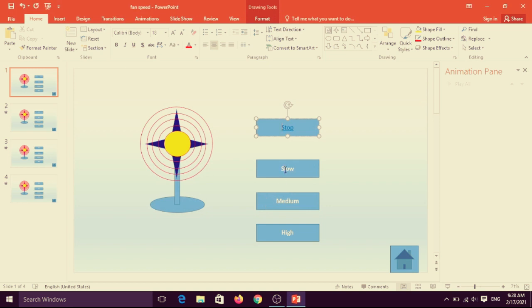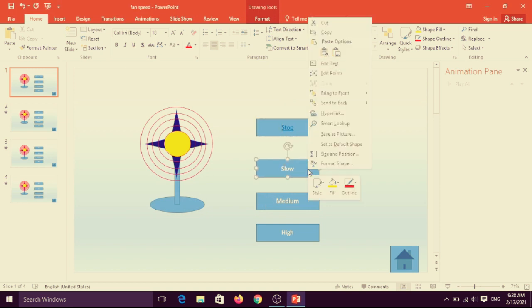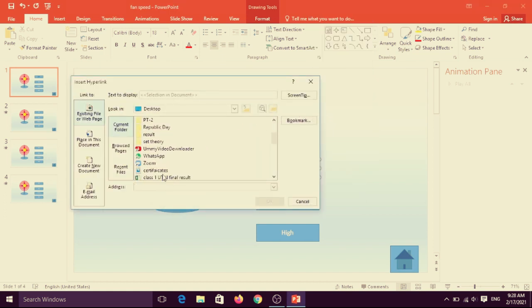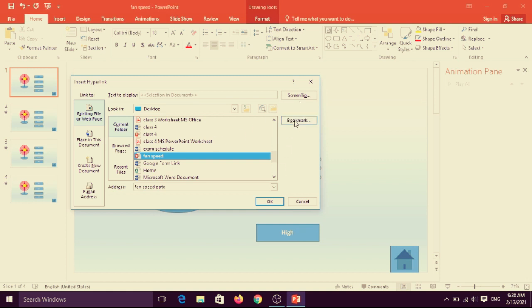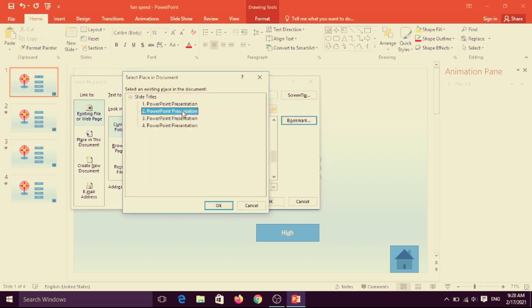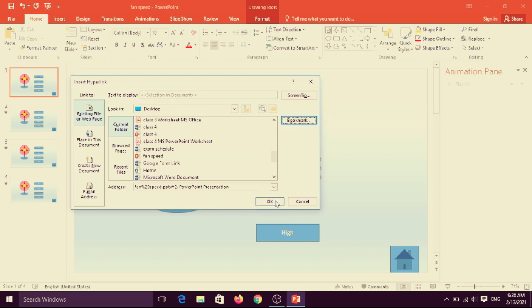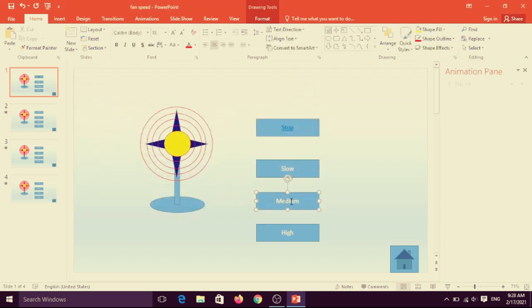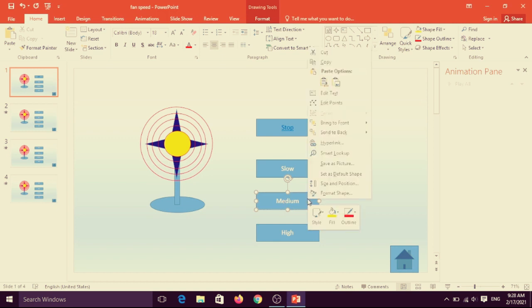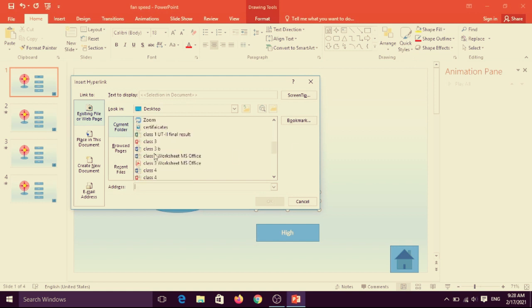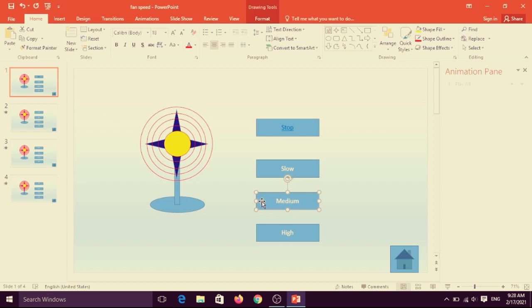It is selected. Next one, right click, hyperlink, and once again that one, fan speed, and bookmark is second for that, and click on OK. And third one, right click, hyperlink, and choose it, fan speed, and click on OK.